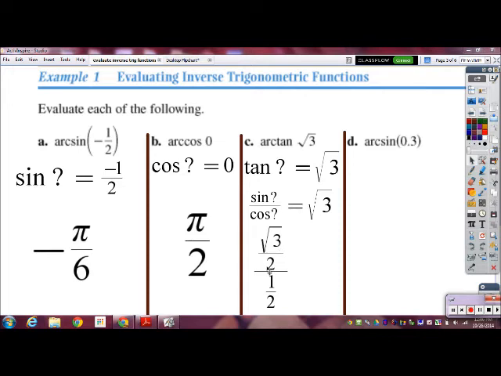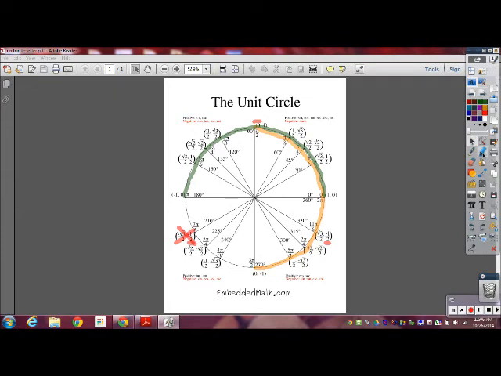So what I'm looking for is where y is square root of 3 over 2, because that's sine, and where cosine is 1/2. And when I look at my unit circle, y is square root of 3 over 2 here and here. And remember, we're looking at arc tangent. So for tangent, we're restricted to the right half of the unit circle. So that would take this one away, and we'd be left with this. And I have my y value is square root of 3 over 2, my x value is 1/2,